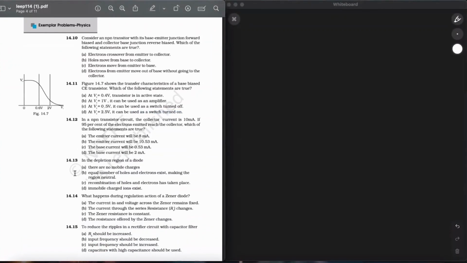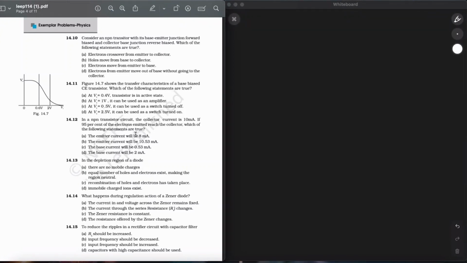So moving forward, in an NPN transistor circuit, the collector current is 10 milliampere. If 95% of the electrons emitted reach the collector, which of the following statements are true? The emitter current will be 8 milliampere, the emitter current will be 10.53 milliampere, the base current will be 0.53 milliampere, and the base current will be 2